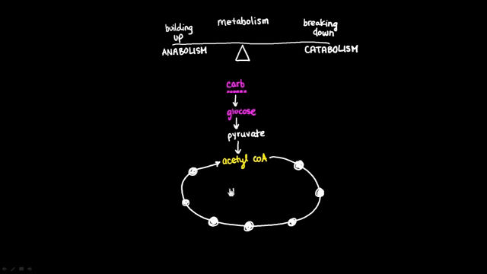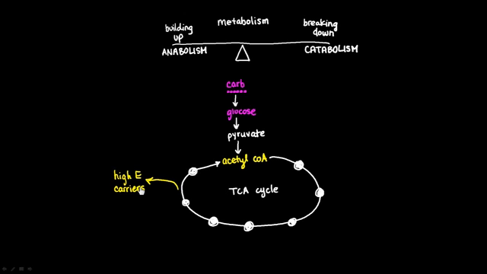And this cycle is called the TCA cycle. That stands for tricarboxylic acid cycle, or it's sometimes called the Krebs cycle. But essentially, what you need to know about this cycle is that as the acetyl-CoA moves around the cycle to form all of these slightly different compounds, things are bounced off. And the things that are bounced off are these high energy carriers. I'll just write high energy carriers.